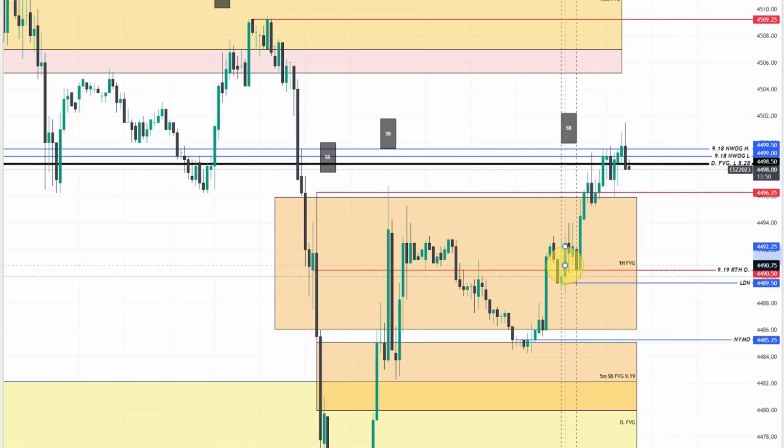The Silver Bullet London stayed definitely below here at 44.92. But this red line up here is where I've got an interest line. That is the next relative equal high, and that is 45.09. I'm looking at that as a possibility definitely to happen sometime in the RTH. And as far as the downside goes, of course, if we really want to, we could break all these zones and go way lower without a problem. But the first thing is, are we going to revisit London and New York Midnight first before we get the announcement? If not, we could just be drifting in this 1 hour fair value gap.